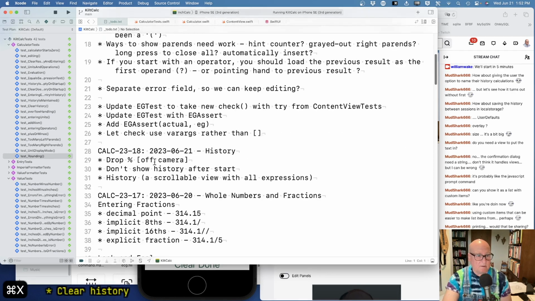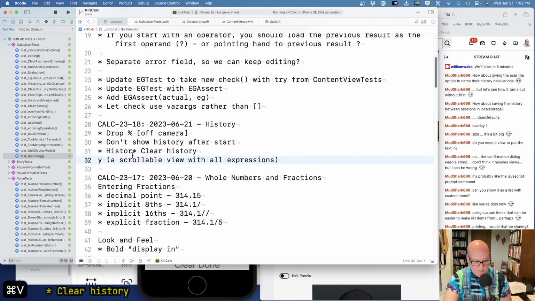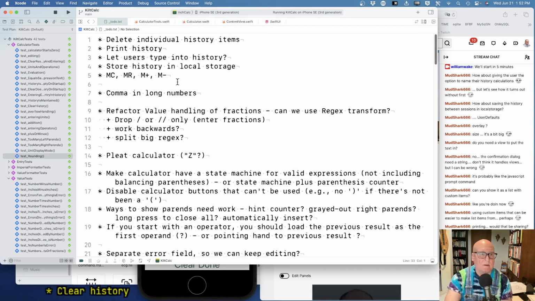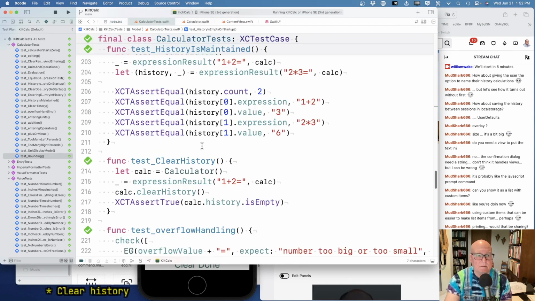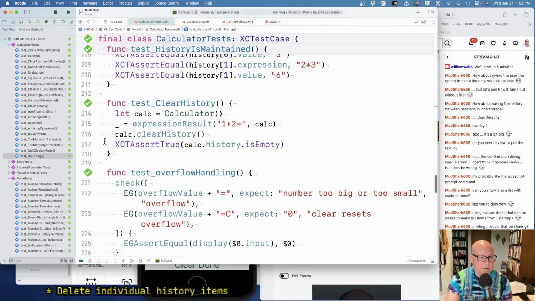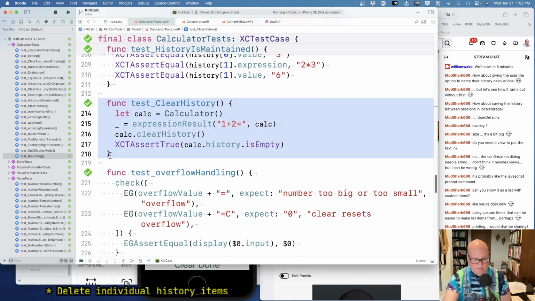Clear history works. Whoops. Okay, so I guess we need a particular item thing. All right, so